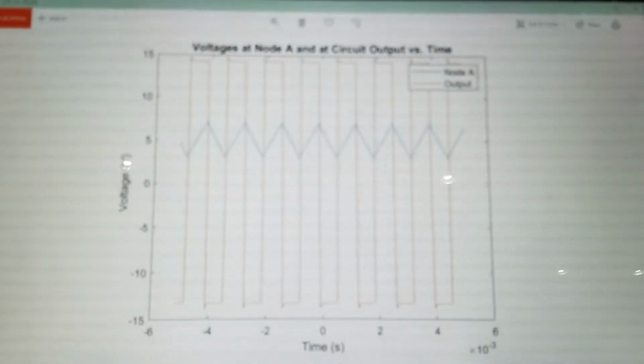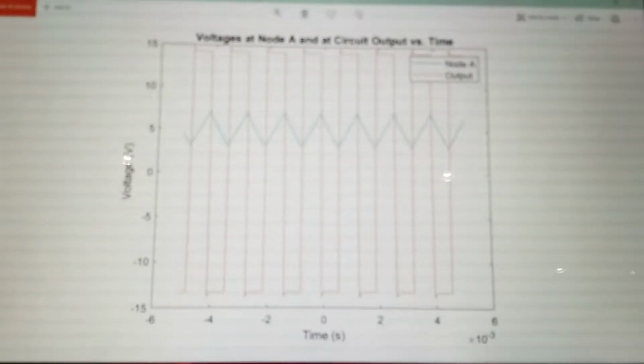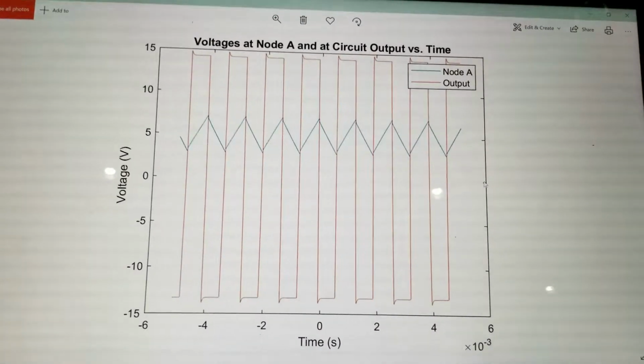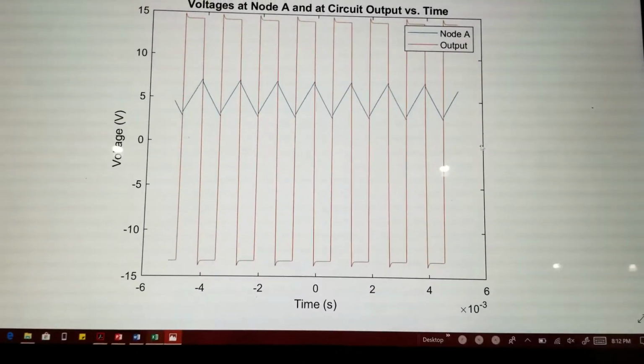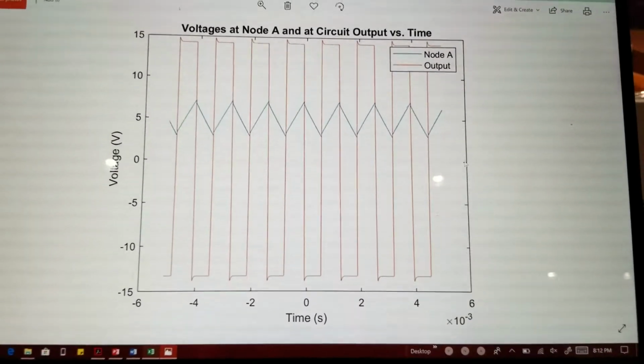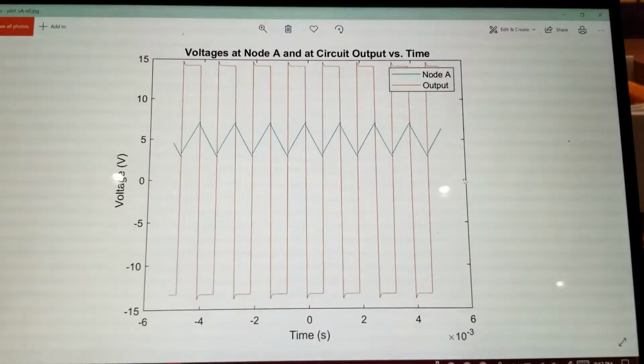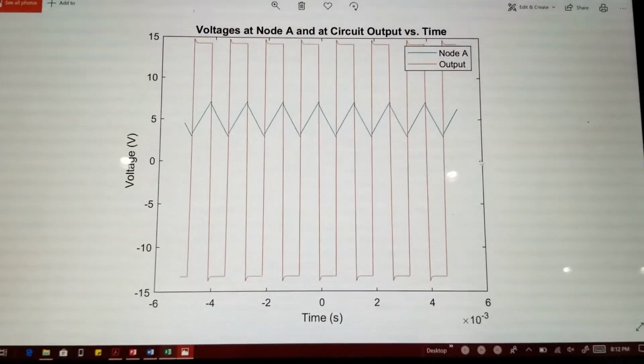So here we have the output for the VCO, and we see that, first of all, biggest thing is that normally when we have this rising slope, so we're at low voltages going to high, we would have a low output. However, since this is an inverting Schmitt trigger built into the VCO, we have flipped voltages,